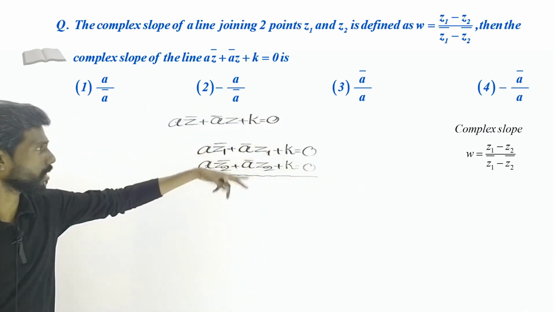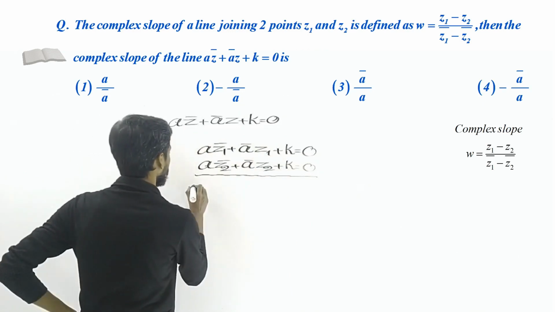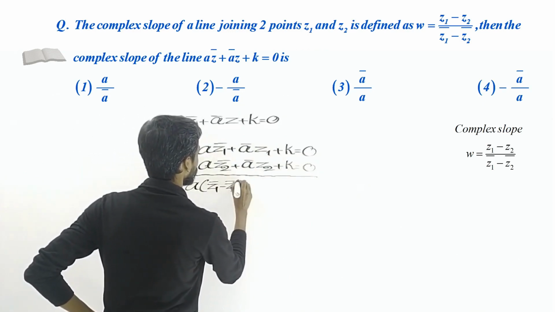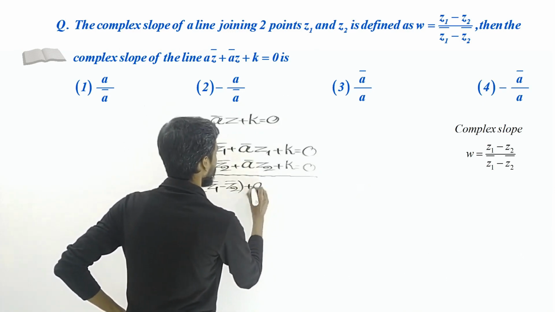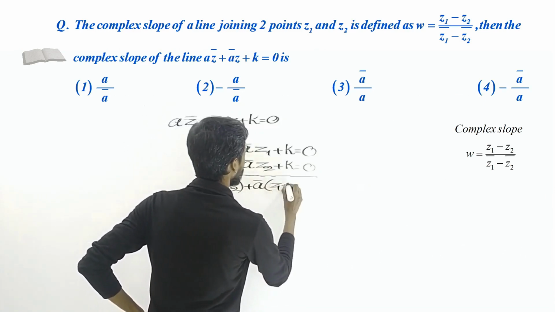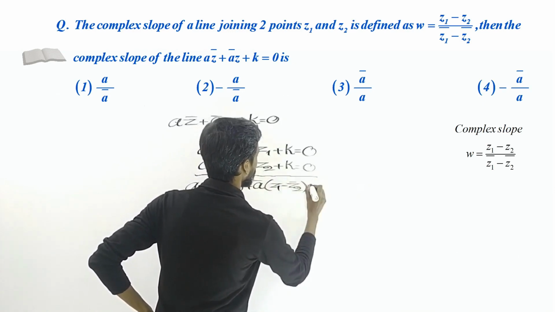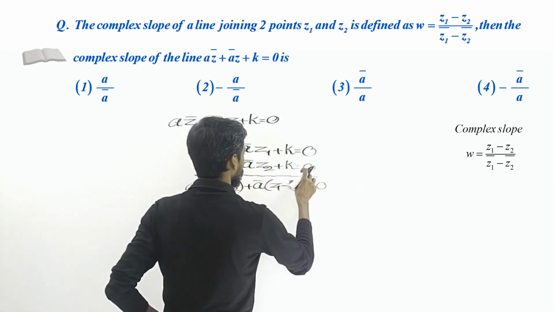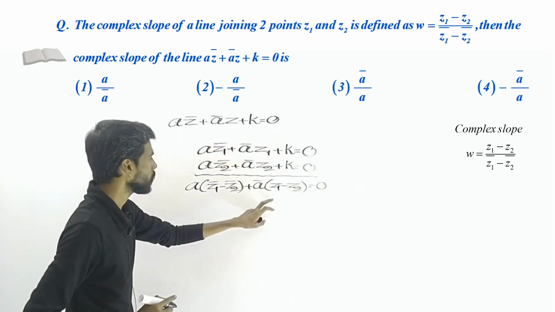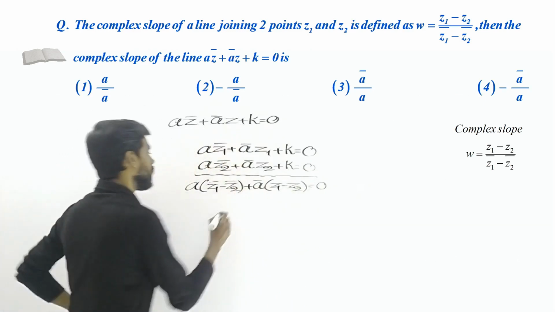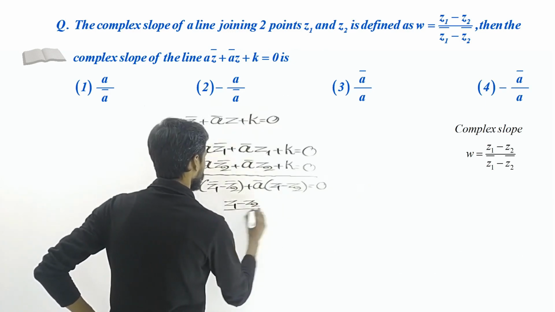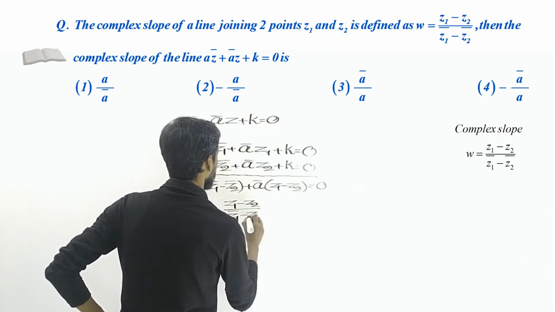Subtract the two equations just to eliminate that k. So we'll get a(z1 bar minus z2 bar) plus a bar(z1 minus z2), k gets cancelled, equal to 0. Now from this, there is no z2 bar, only z1 and z2. Now you take it to the other side and divide. So we will get (z1 minus z2) divided by (z1 bar minus z2 bar)